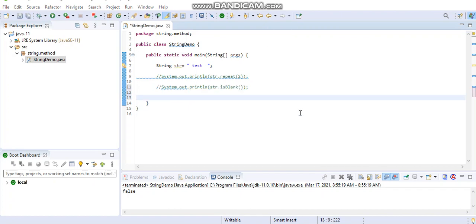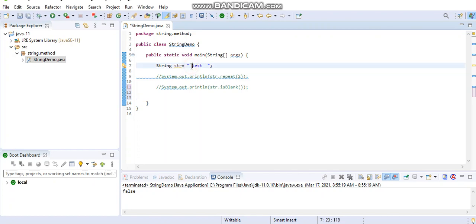Now we will check another method, strip. It's similar to the trim method. I think you are all familiar with trim. It removes white space from the beginning and end of a string, as a prefix and suffix.